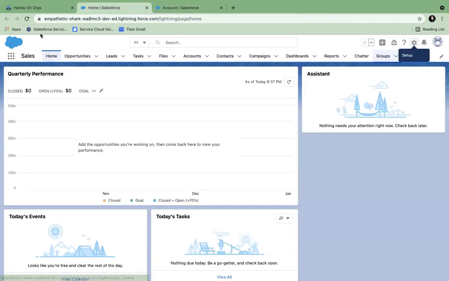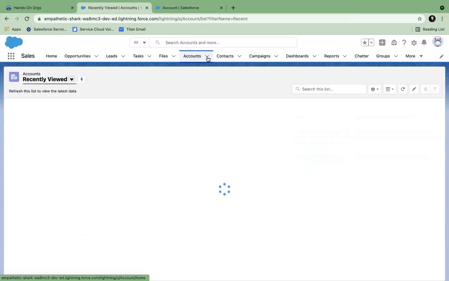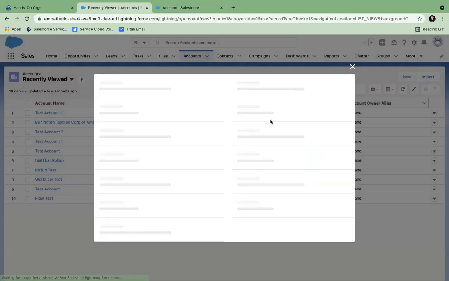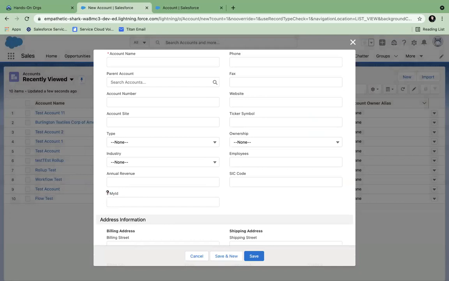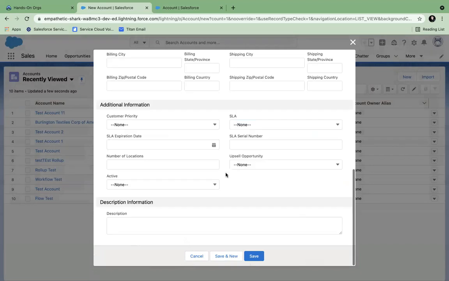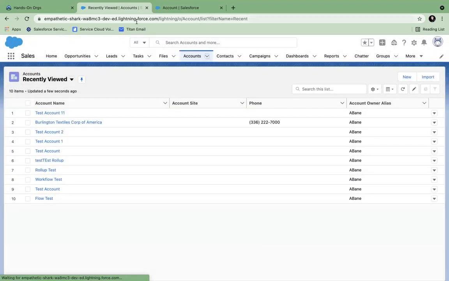Then if I go to Salesforce and I create a new account, my ID will show a red star. So you cannot save now without a my ID because that has been made mandatory. Custom fields can be made mandatory. Standard fields cannot be made mandatory at the field level.